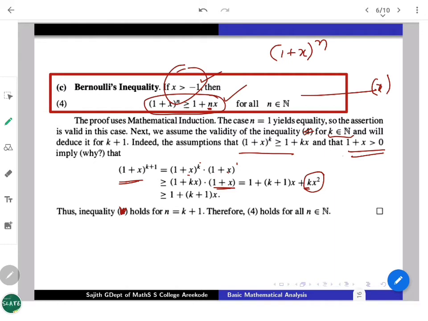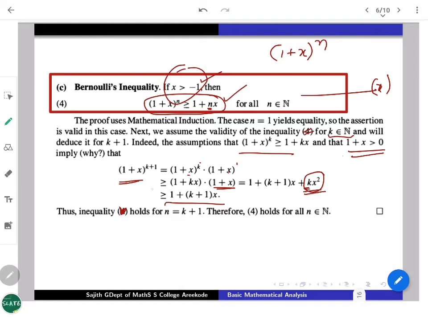Right? So the first one is actually the same as that. But whenever you are writing here and just remove this term, a positive quantity is removed. That is what is the third line: 1 plus k plus 1 x, then a positive term was there that you are removing, right? Just you remove that non-negative term, so it will further decrease, right? Basically, that is the whole thing you have to look at.